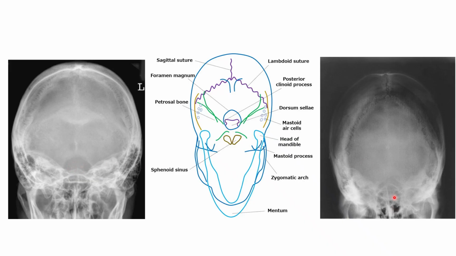Now, I'm not going to lie to you, over here, I don't see the dorsum sella as clearly as I do here, because it's superimposed a little bit with part of these sinuses. We've got ethmoid and sphenoid sinuses here that are getting distorted with that angulation. See those sphenoid sinuses down here, and this is part of ethmoid and sphenoid sinuses. So over here we can see a very faint shadow. I know it's very hard to see, but there is a dorsum sella centered in this foramen magnum on this